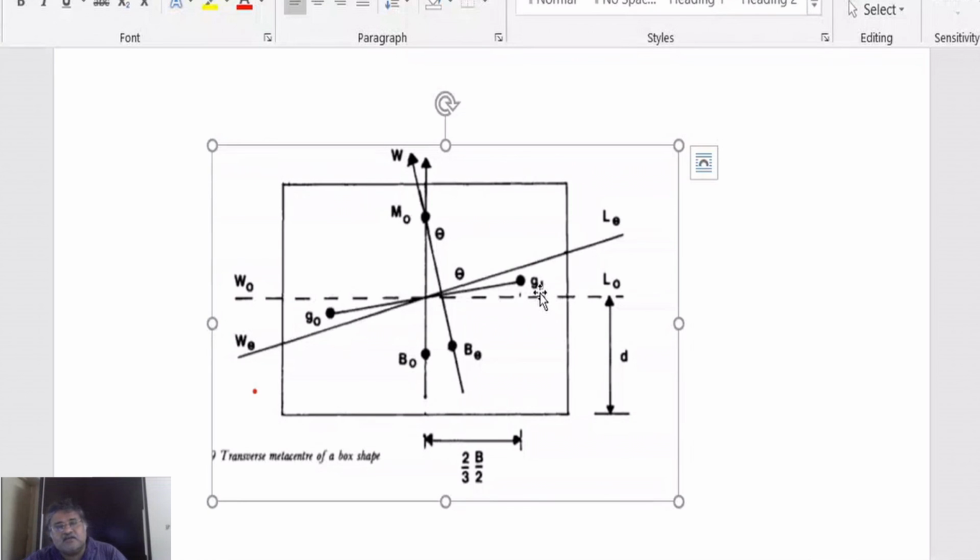So it is as if a volume has been shifted from here to here. Is that clear, or we'll come to that? This takes time. That's okay. Doesn't matter. We'll do this again in the next class. I'll start from this figure itself. I'll do that. What she asked me.